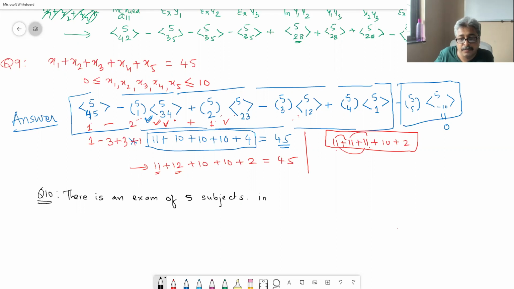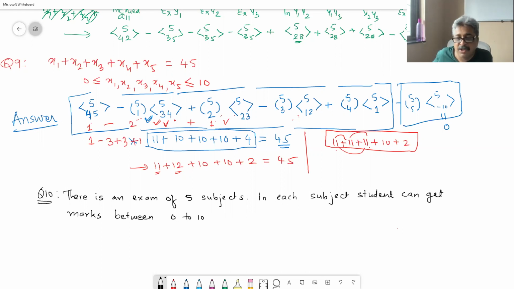In each subject, a student can get marks between 0 to 10, because every subject is of 10 marks, and there are 10 questions, each question has 1 mark, say for example. But this is good. In each subject, a student can get marks between 0 to 10. In how many ways